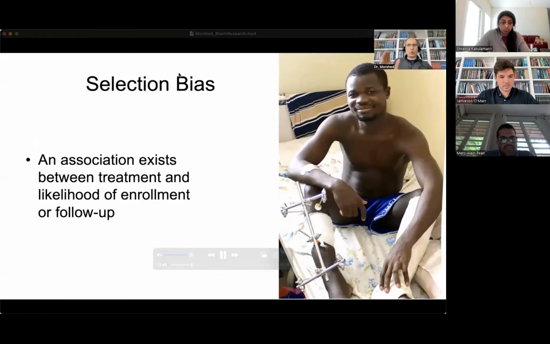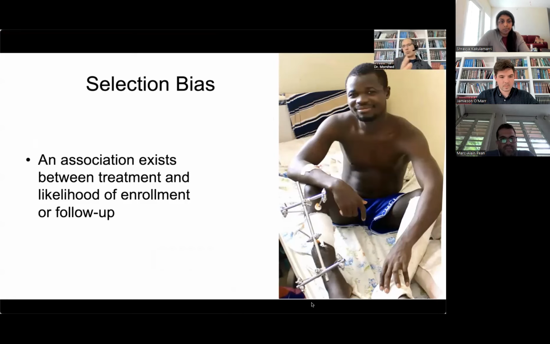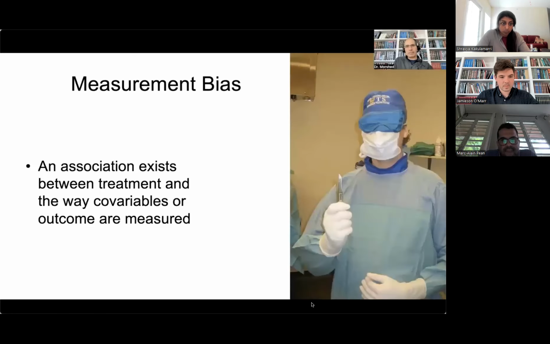That may affect one group of patients who get one treatment more than another. That sort of selection phenomenon is highly impactful in a negative way on the quality of conclusions that you can draw, the validity of the conclusions that you can draw,